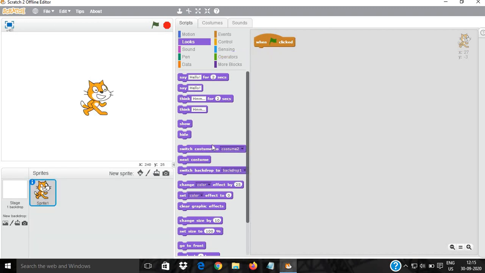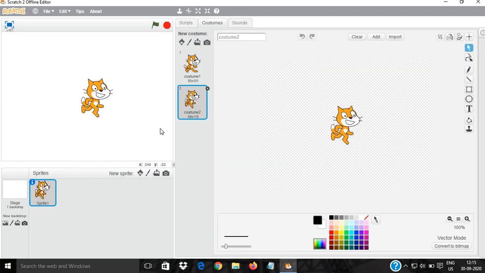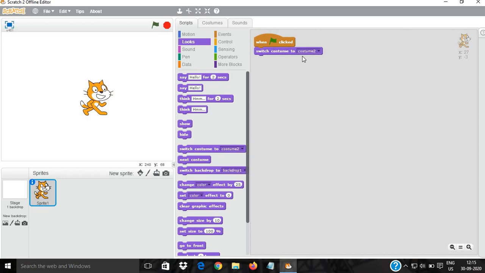Now let's discuss switch costume, and in the costumes you can see the next costume. So let's check switch costume to costume 2. You change the costume, and if we want to change it to costume 1, done. Now next costume versus switch costume: suppose there are 5 costumes and the cat is in the first costume and you want it to switch to the 4th costume.